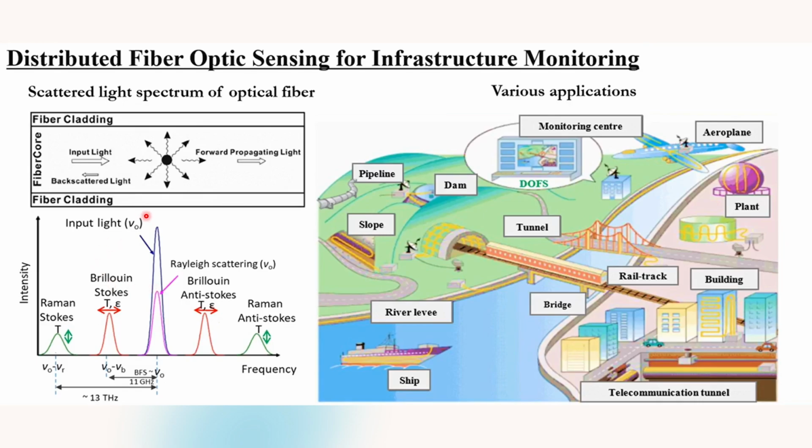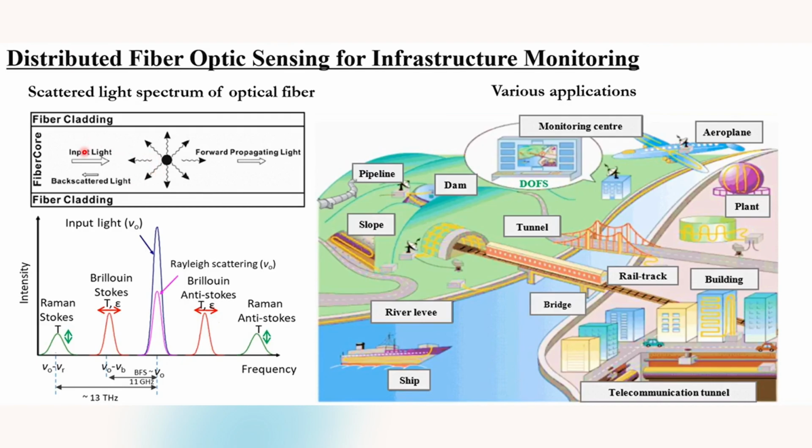For the infrastructure monitoring, we have multiple use cases for the distributed sensing. In this case, we have pipeline and slope, dam, tunnel, river, and ship, bridge. We can have all the things. Then we also have how the fiber